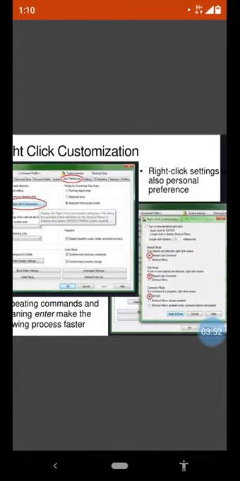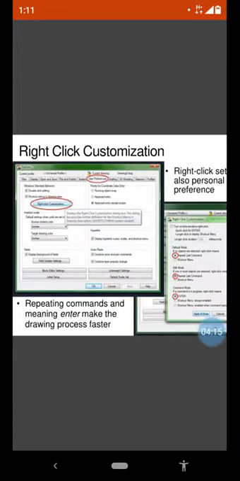Instead of this, we are able to find those commands in a shortcut, in a short period of time. Just do the right click, and in the right click you will find a number of commands. From this list you can select whichever command you want.